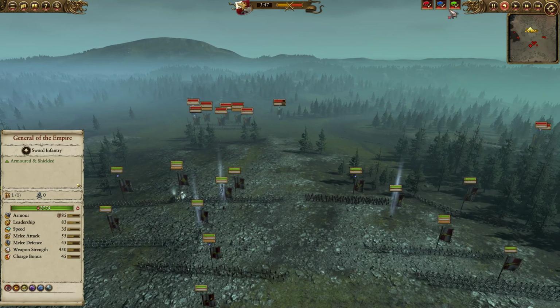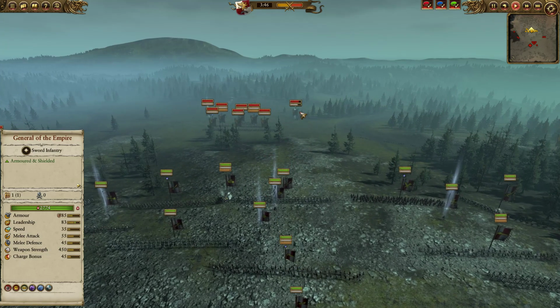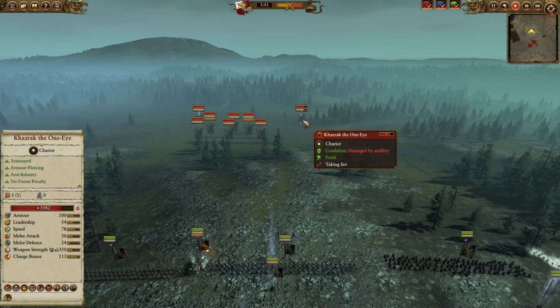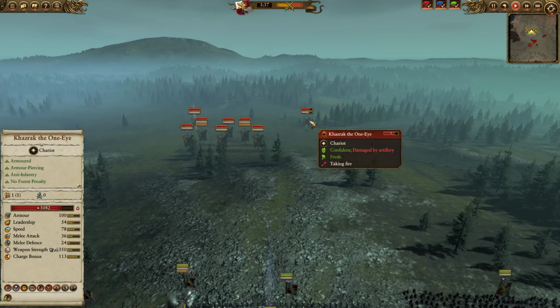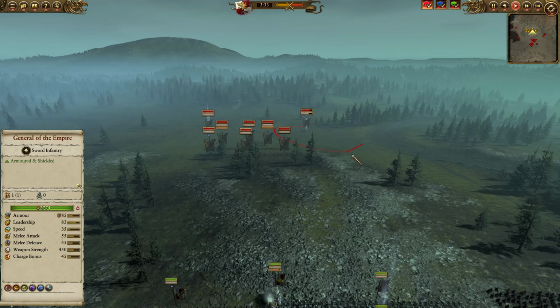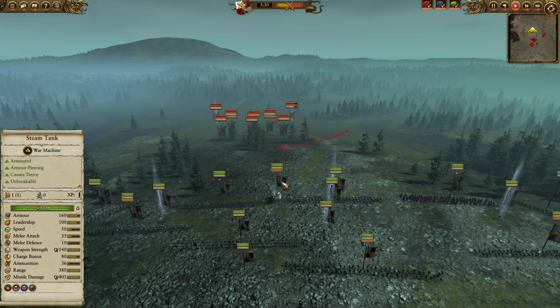In the meantime, though, my steam tank, throwing things into full gear here. My steam tank is teeing off on poor Kazrak over here, just kind of hitting him every now and then, and doing some damage. As you can see, I do believe that was a miss, which is unfortunate. My opponent is trying to kind of juke back and forth with Kazrak, making me miss, but the steam tank